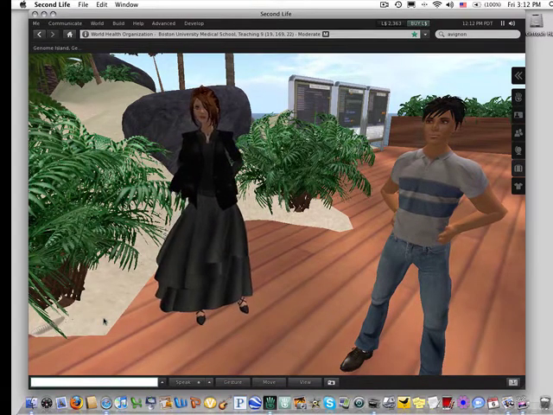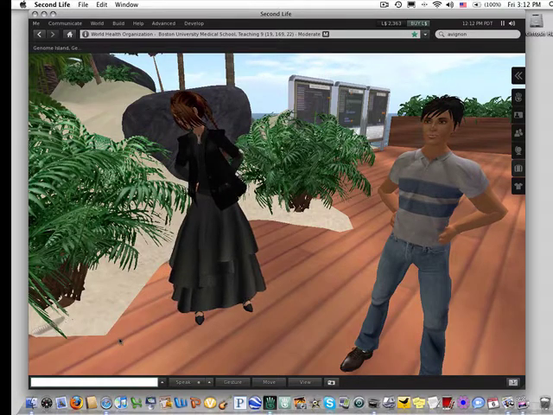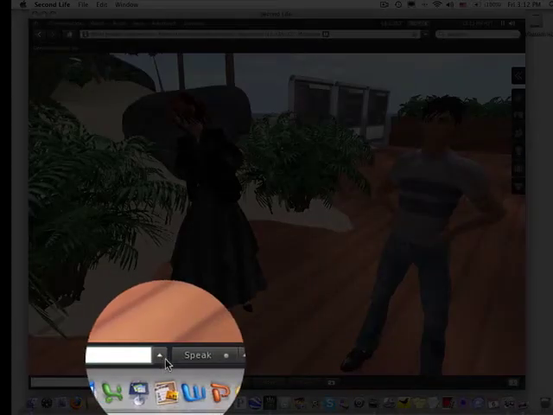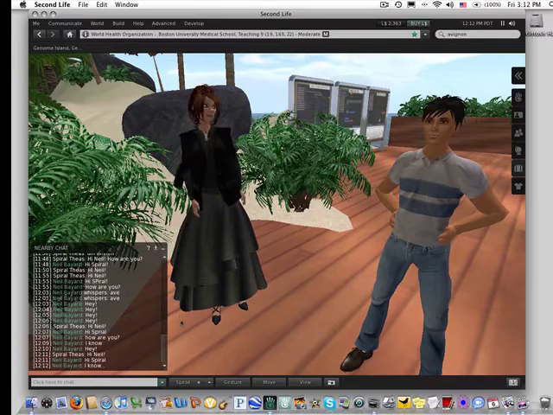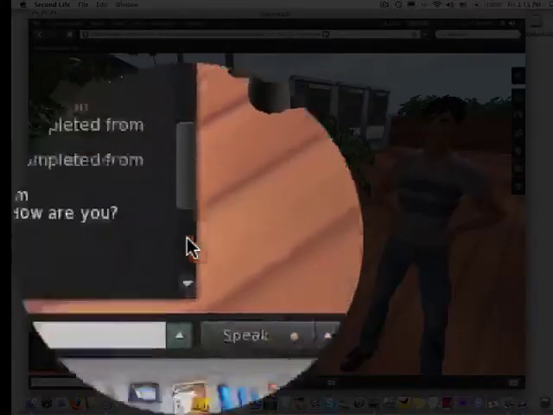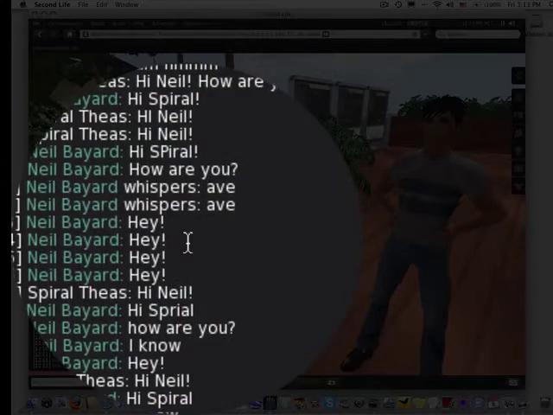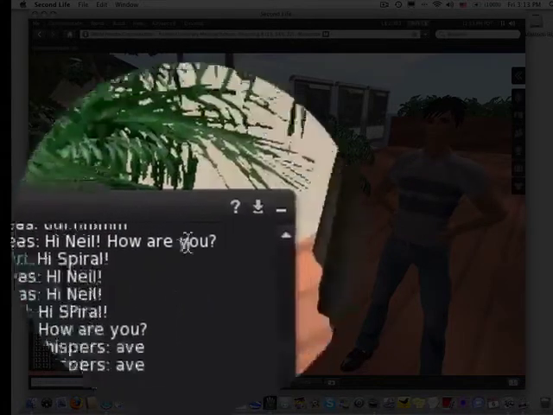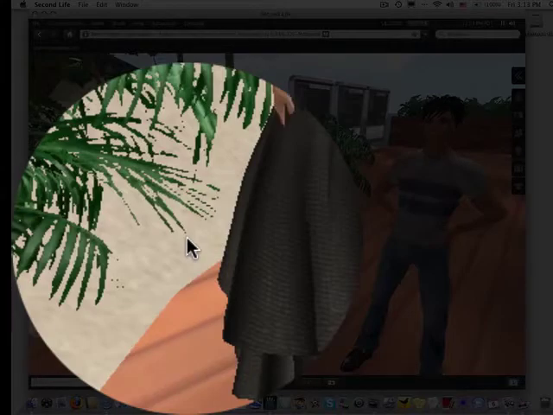But if you do want to read what happened in local chat, you can always summon it back up again. And you can do that by clicking on this up arrow just to the right of the blank space. When I click on the up arrow, up comes the nearby chat palette. This is a scrollable palette. It'll record everything that's been said in local chat, and you can always go back and read it again. And when you're done with that, you can just minimize it to have it disappear so it's not blocking up